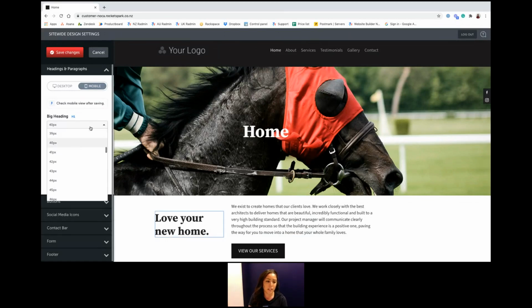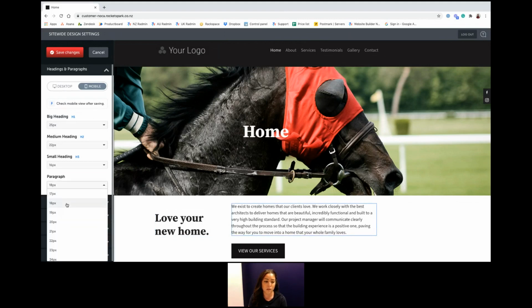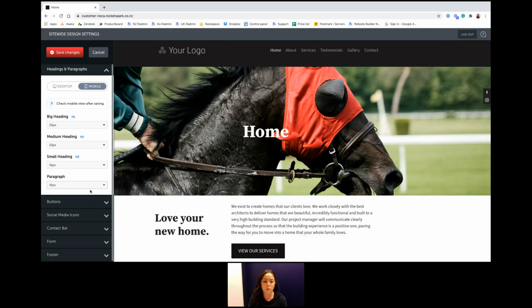So if we change this across to something such as 25, just so you can see a significant difference. And the other text that we had here was the paragraph. So if we change that down to, say, 10, this will be quite small, but we can just go and see that difference. So if we go and save the changes,